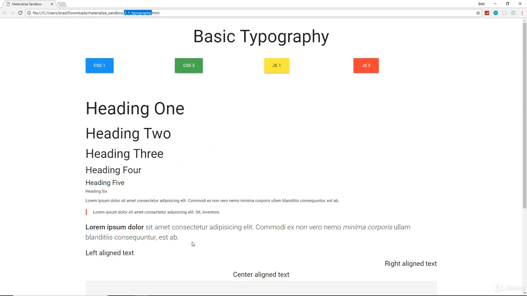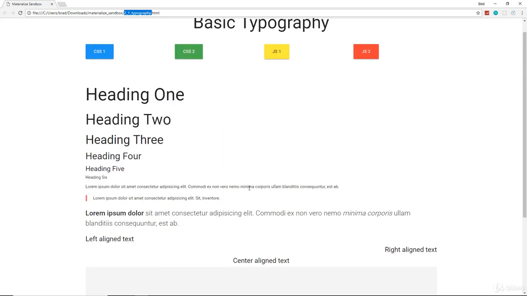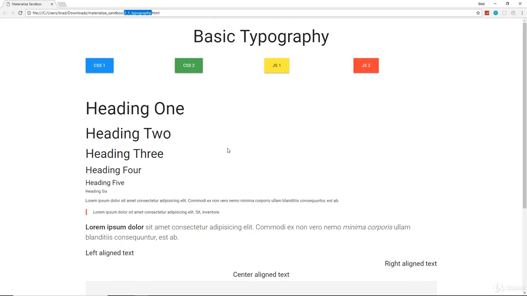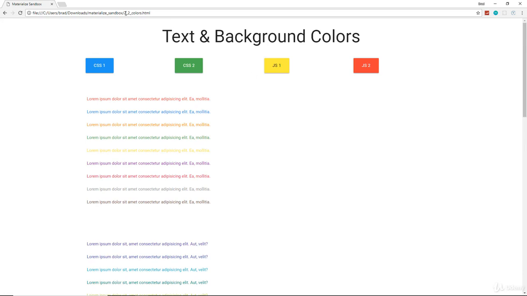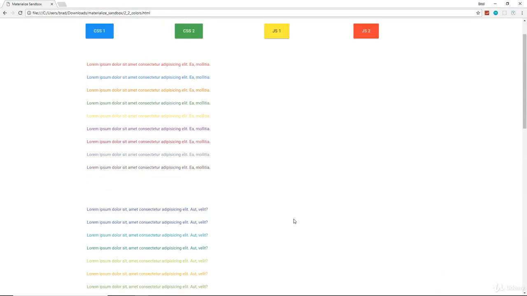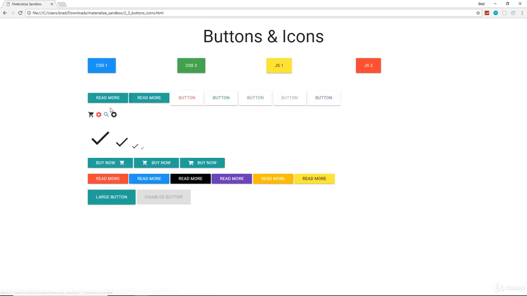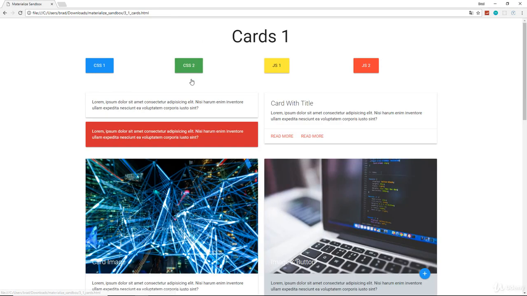2_1typography.html, and we have things like headings, paragraphs, block quotes, stuff we're going to go over. We're going to add some Materialize markups, some classes, and talk about it. That will be one lecture, and then the next one will be on text and background colors. You can see the name of this file is 2_2colors.html, and we look at the different colors, the darken and lighten classes, things like that. So for each lecture, we'll have a different page that we're going to edit and look at the classes and so on. All right, so section 2 and 3 will be on CSS components, so things like cards and